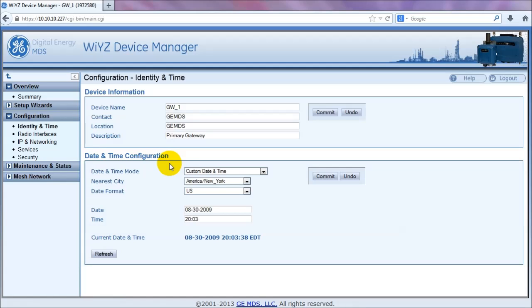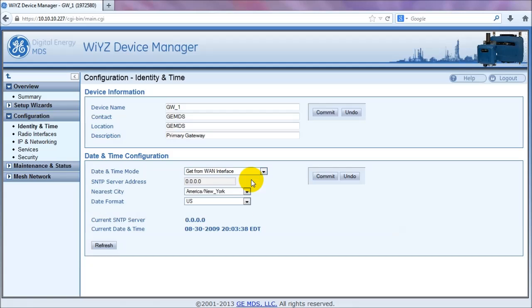A gateway that has not synced its time to a time server or has not been set with a time after a reboot has occurred will have the default value of the time and date like seen here. There are three options to configure the time: Get from the WAN interface, a custom SNTP server IP, and custom date and time configuration. When using Get from WAN interface option, the gateway will get its SNTP address from the